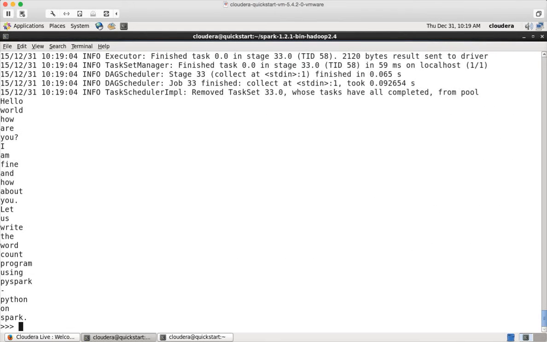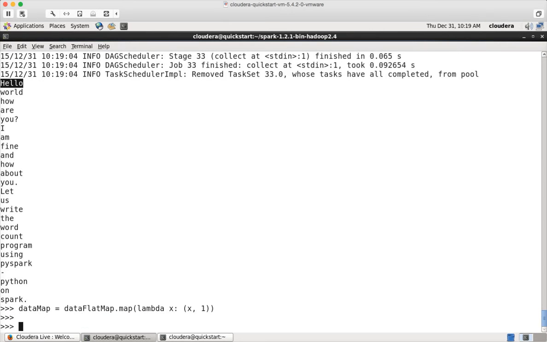Now we have to apply another transformation on this by converting each of these lines into a tuple of key-value pairs, where the key will be the word and the value will be 1 for each word. So what you have to do is create a map on top of the flatMap, and then your lambda function is just x comma 1. X will be whatever the input is, each line of your input, and 1 will be a hard-coded value 1 for each of the lines, and hit